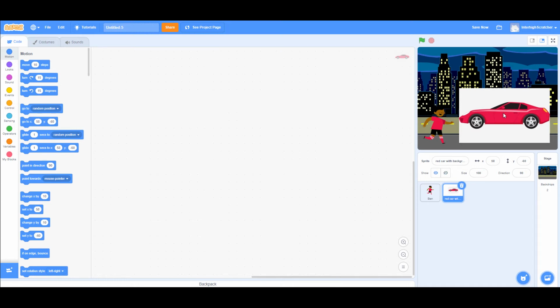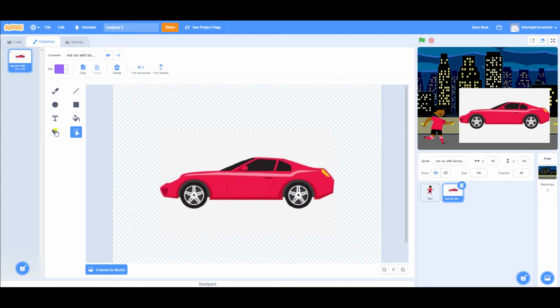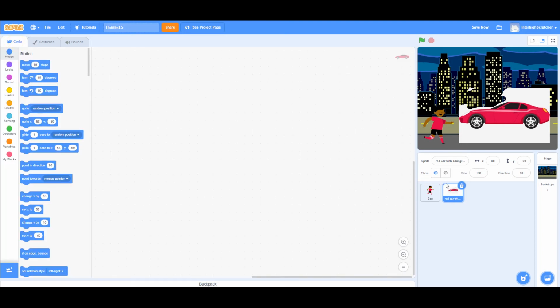Now there's two ways that I can get rid of the background. I can go to costumes, get the rubber, and rub the background out. And as you can see on the stage, that's fine, but it's a little bit tricky. You could rub some of your car out, so not ideal. The other way is you could put it in some art software and do it neater,